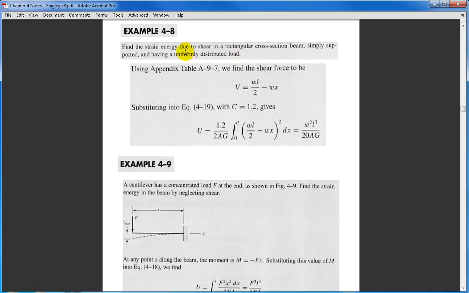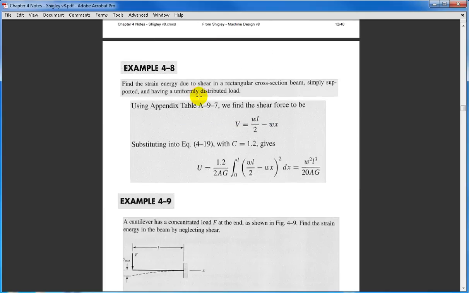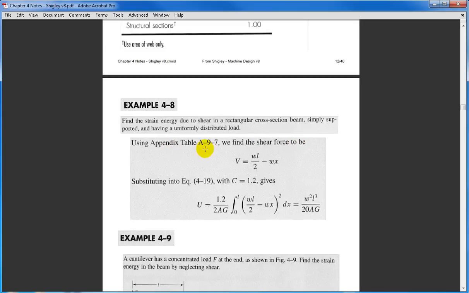Now if we're talking about shear in a beam, what we're talking about is the VQ over IB type shear. Jumping back here, notice we're going to need V, but V is going to vary with x. This is an integral. x is our independent variable. V, the shear, will vary with x within the beam. Okay, and if we look at simply supported beam, uniformly distributed load, the shear at any point in the beam will come from, and they say just go look it up in table A-9-7. But you could draw the shear diagram for this thing, and you would see that there would be a shear piece from the reaction at left hand end, right here, and then a shear piece from the distributed load